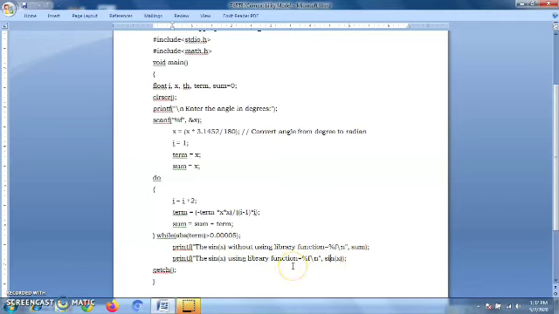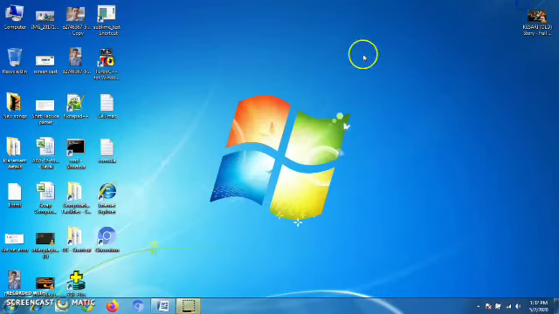After this we have the getch. Again, this is a function which is used only on Windows, that is Turbo C. If you are executing this program on Linux, that is Ubuntu, no need to add this line. Understood? In this way you can write a C program to calculate the value of sin of x using the Taylor series approximation. Now let us run this program and see what output you will get for this.